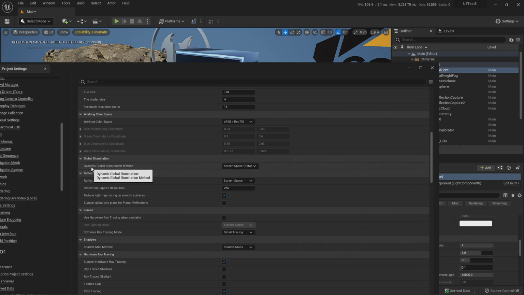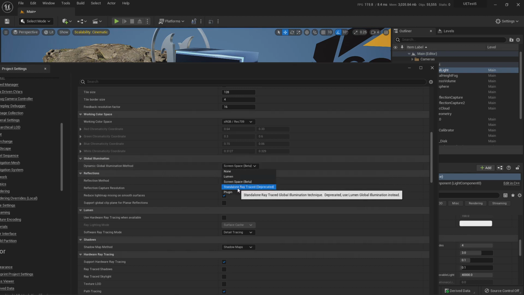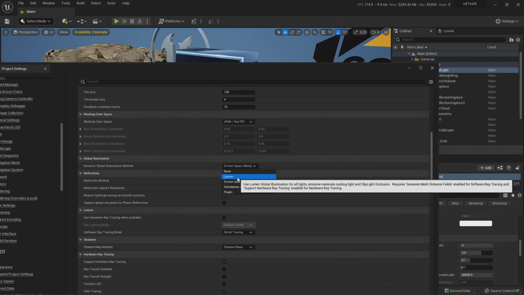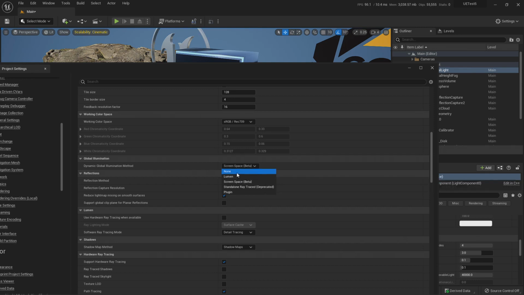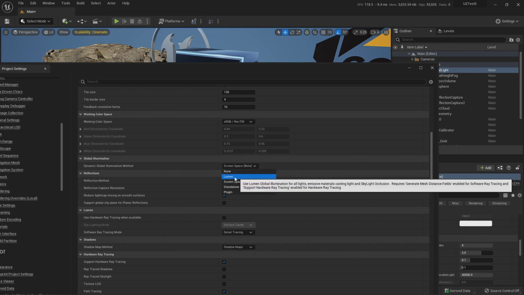So in this case, instead of the dynamic global illumination method being screen space, we are going to select the all. This one is going to be deprecated. This might be a little bit hard to grasp, but in time, Lumen will absorb the code from standalone ray trace, right? So Lumen is going to do whatever ray trace did in the past, and right now does have the ability to work with software global illumination or ray trace global illumination, the same with